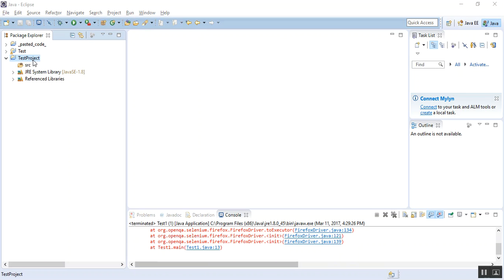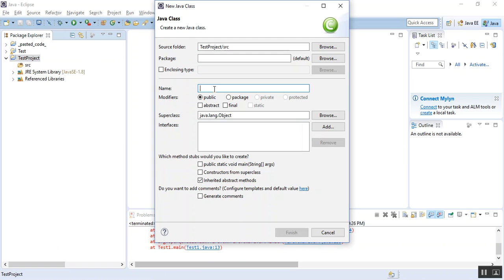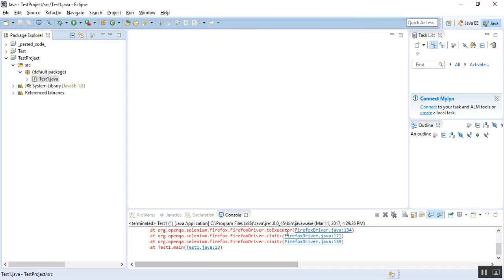So now I would create a class by right clicking on the project, new, class. I'll give a name to the class as test1. I would select this option, public static void main string args, so that this main method would be there in the class when I click this finish button.